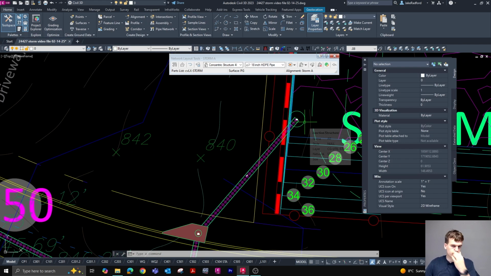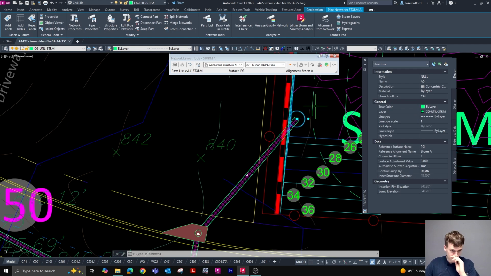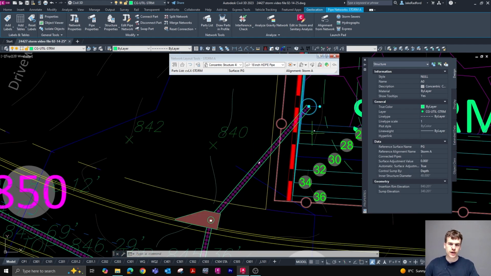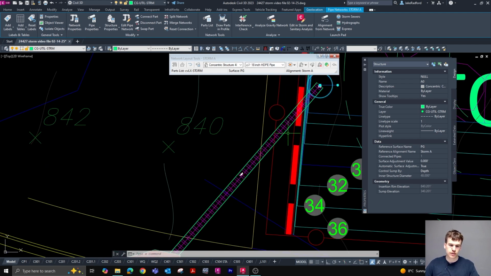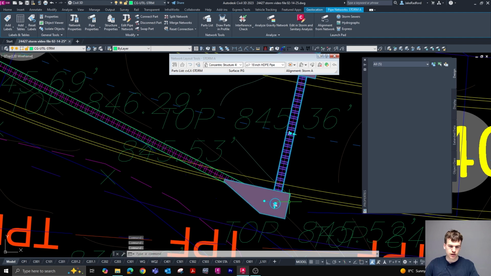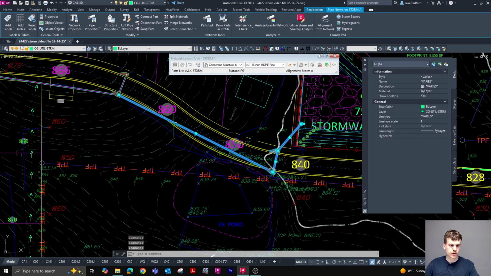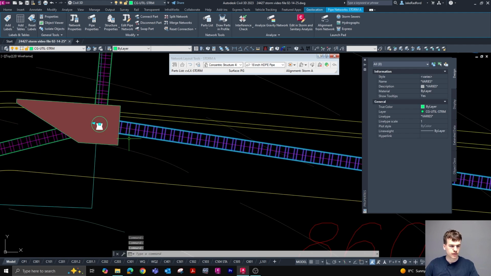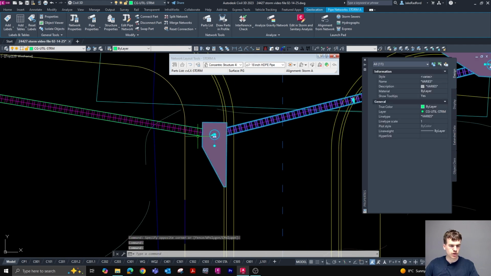So a quick way to rename your pipes without having to go and select each one of them one by one is you can select one of your structures or pipes, starting from where you want to rename them. You're going to want to select them structure, pipe, structure, pipe, structure, pipe, from downstream to upstream. So I'm starting downstream, structure, pipe, and I'm going to continue this all the way up to the most upstream point along this alignment, structure, pipe, structure, pipe. We'll just go all the way up,